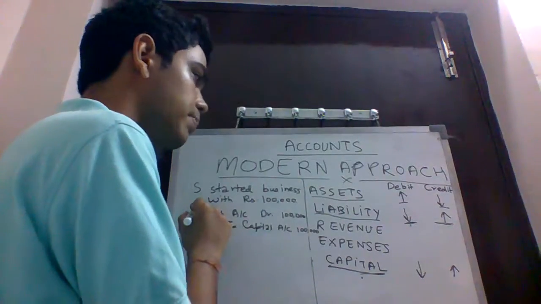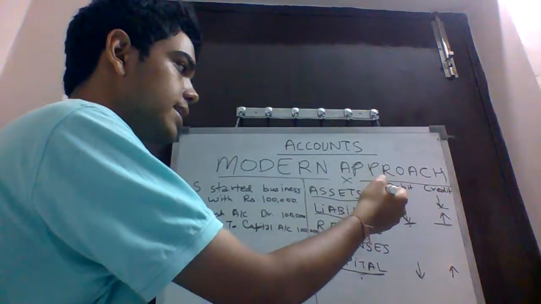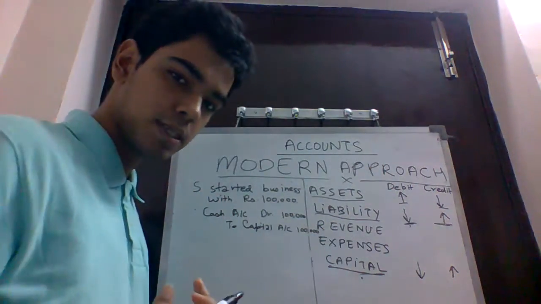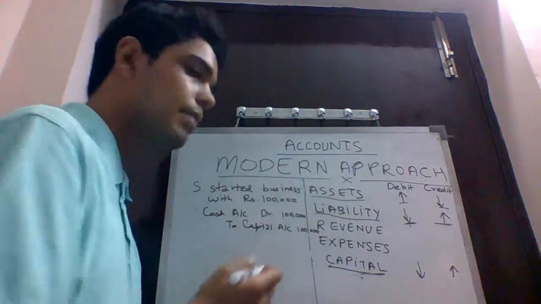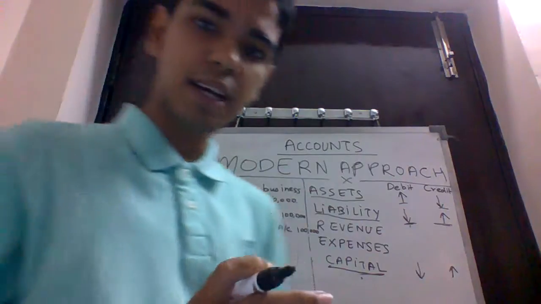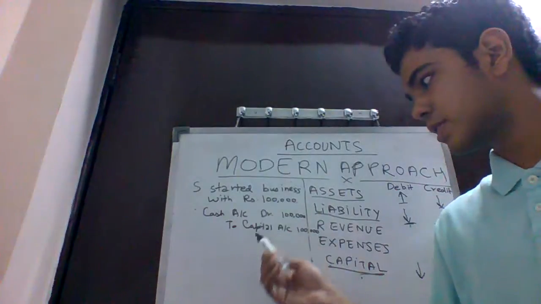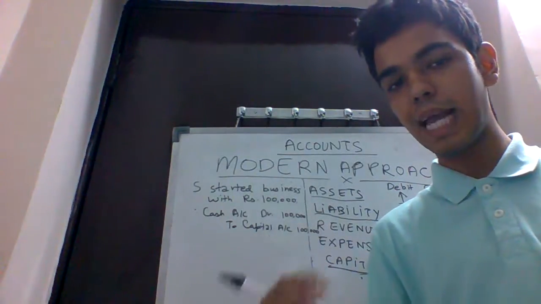Cash account is debited because according to the assets rule of modern approach to accounting, increase in assets are debited. So cash is coming in the business, so cash account is debited. But capital account is credited because owners are considered as the creditors of the business, and the amount of money which is invested by S in the business shall be returned to him by the business once S shuts down